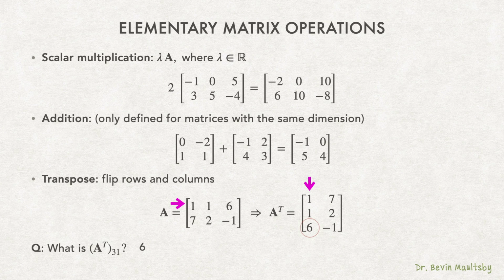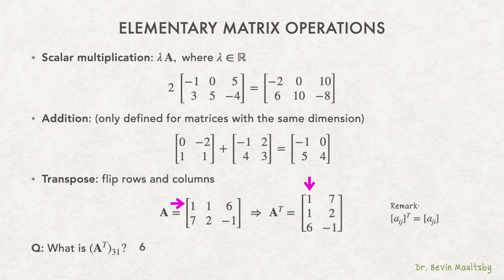The answer is 6. Two different ways you could have done that. Looking over at the matrix on the right, if you go down to the third row, first column, we see a 6 there. Or you could look back at the original matrix A and recognize that the entry in the first row, third column, the 1, 3 entry, should become the 3, 1 entry after we compute the transpose,